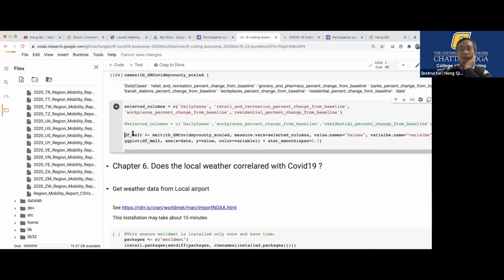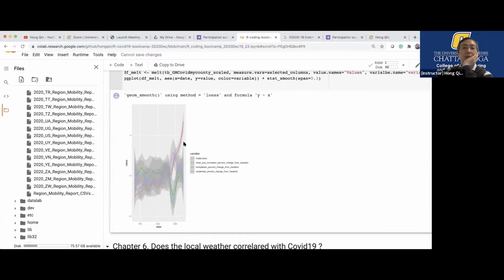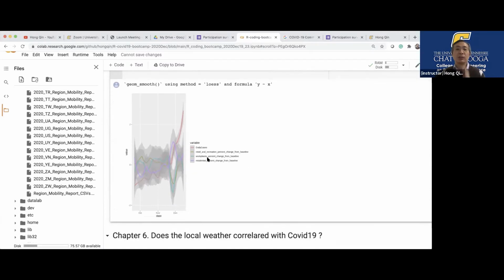For the timing, you can just ignore the detail of the plotting, because as long as you change the column name, you will have the plotting. Oh, well, that's still quite a lot in the plotting. So